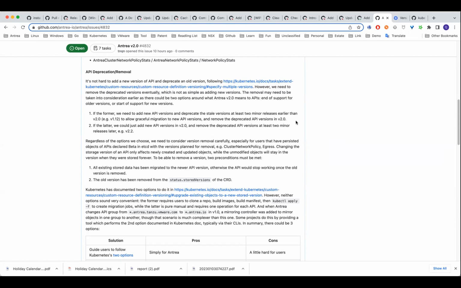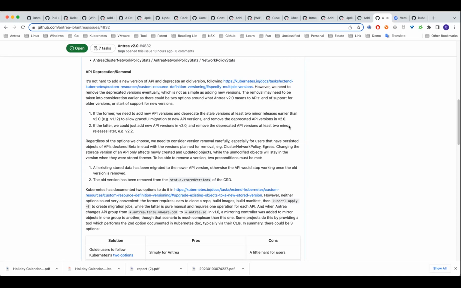So it's reasonable to remove some deprecated API versions, but we are not really